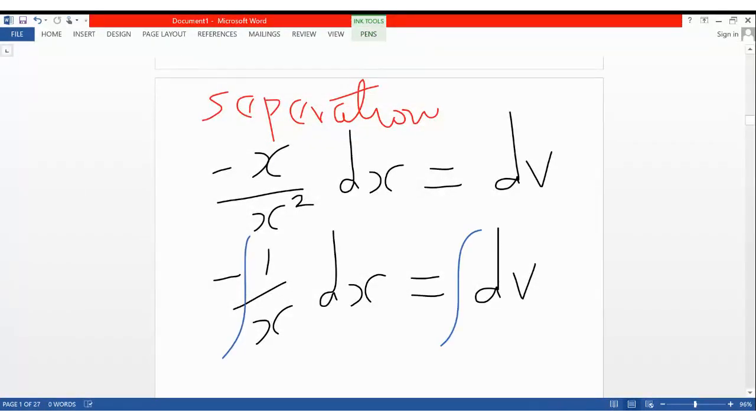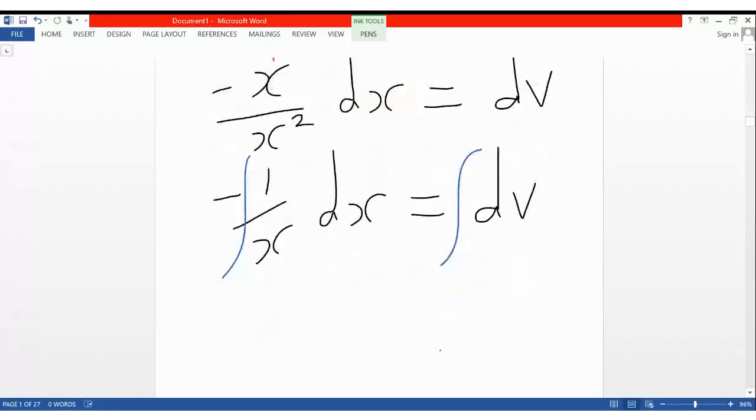When you integrate 1 over x, what do you get? You'll get negative ln x. When you integrate dv, you'll always get what? V. And then plus a constant of integration. So remember, when you integrate dx, you get x. When you integrate dv, you will get v. Now we are almost done, but